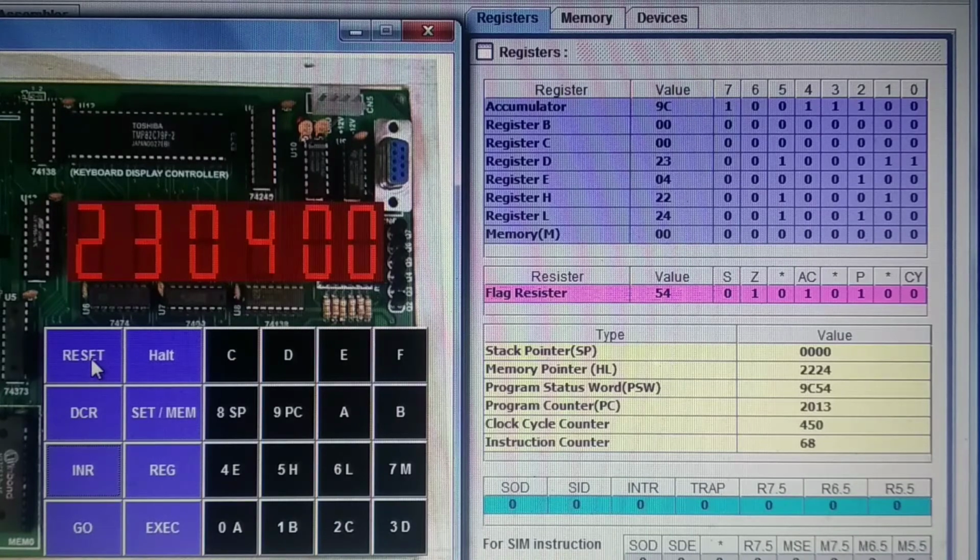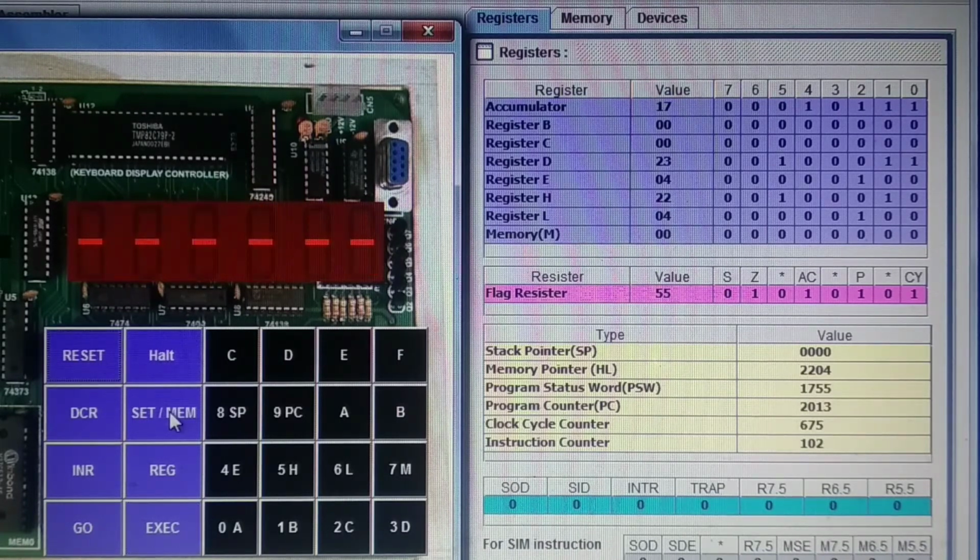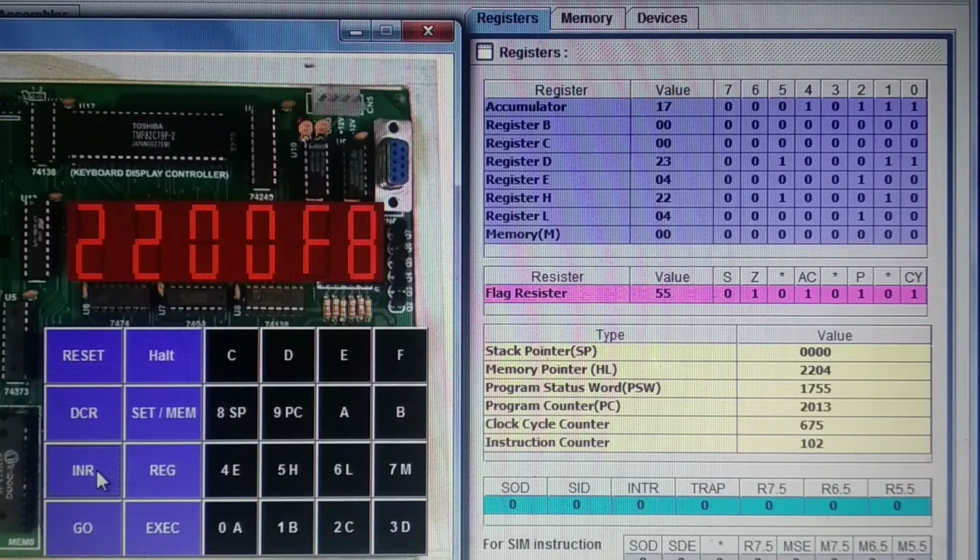Now execute the program, reset, go 2000, and execute the program. After execution, check the result at 2200. Reset, set memory 2200, increment, you will get the result F8, 09, 53 and 17. Whatever result we got at the time of explanation of the program, the same result we are getting here also.